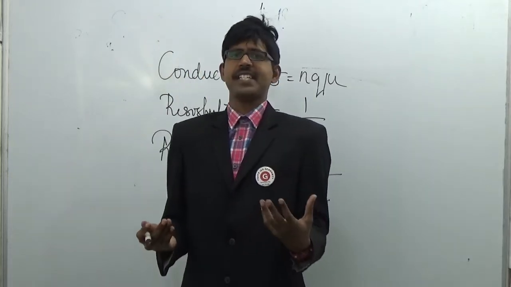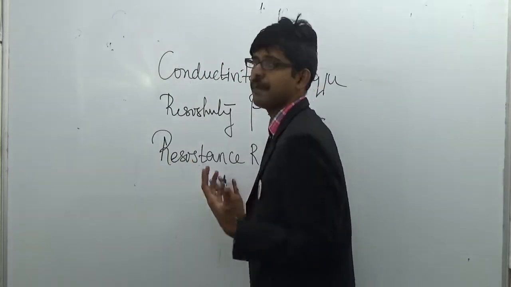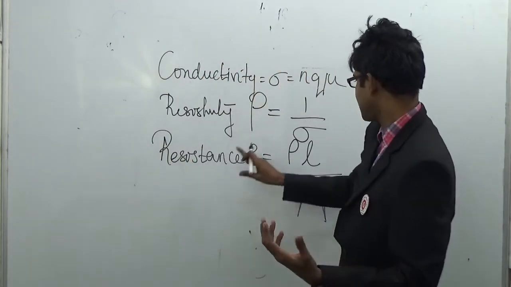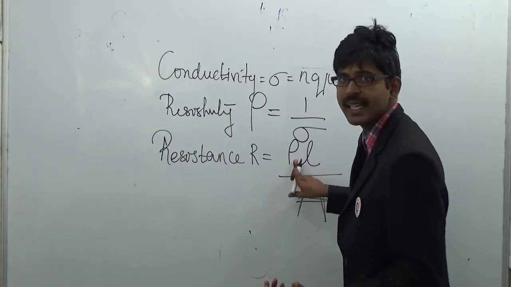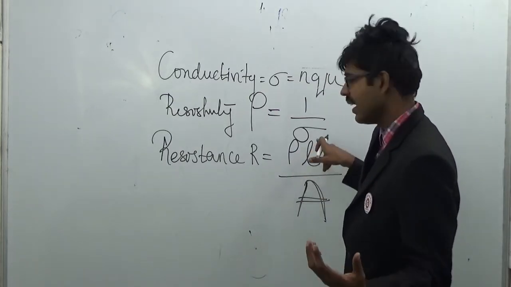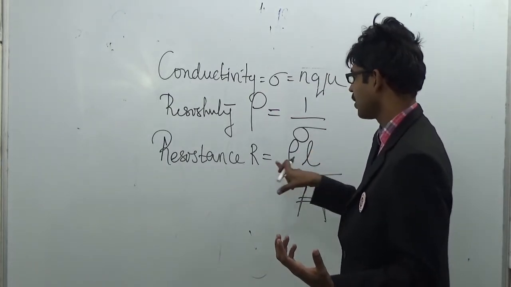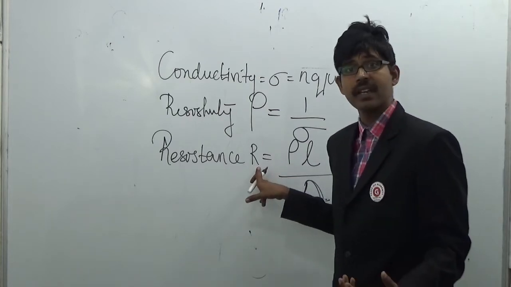What is the resistance of a material? If they ask, you must find out the resistivity of the material, the length of the material, and the area of the material. Having known these, you can find out the resistance. Now, when you look here,